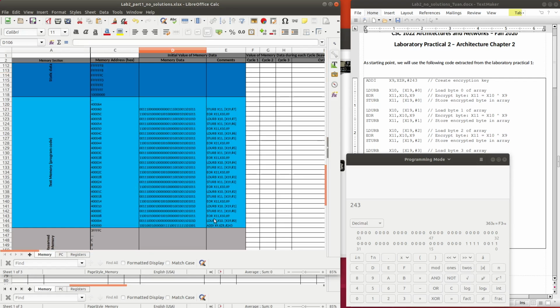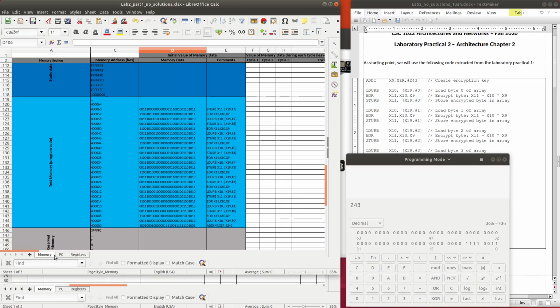And if we look into this instruction, we know that we need to load the value in memory shown by x19 and the offset address 0 into register x10. So we need to know what is the value inside x19, so we know which memory we should look into.